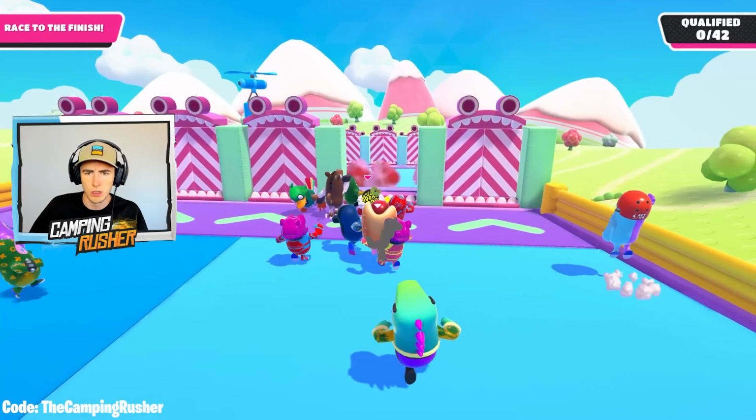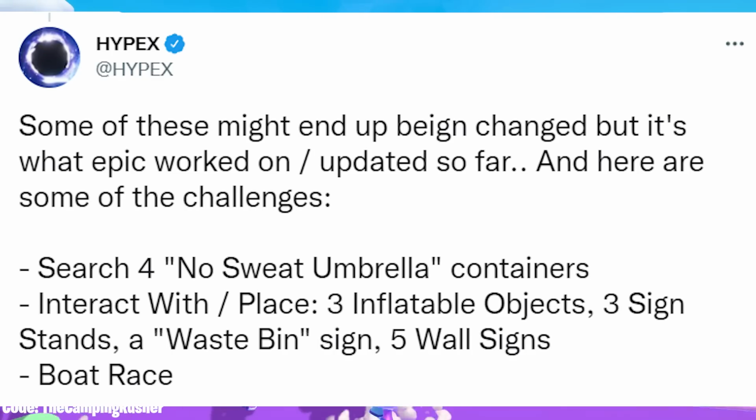the block 2.0. He says some of these might end up being changed, but it's what Epic worked on, updated so far. Here are some of the challenges. Search for no-sweat umbrella containers. That's what he meant up there, up above. Interact with, place 3 inflatable objects, 3 sign stands, a waste bin sign, 5 wall signs, and boat race will